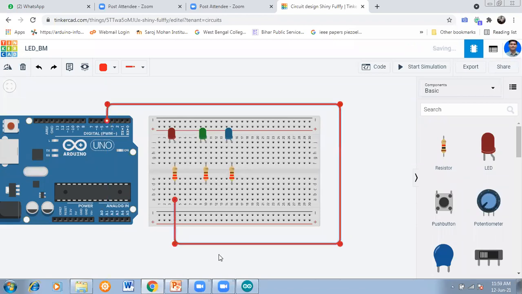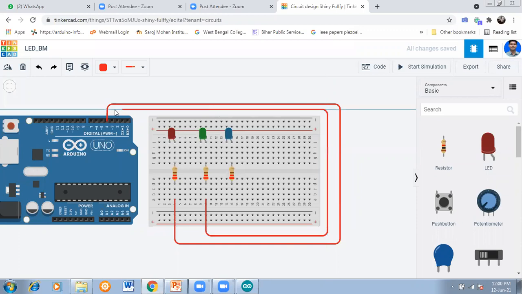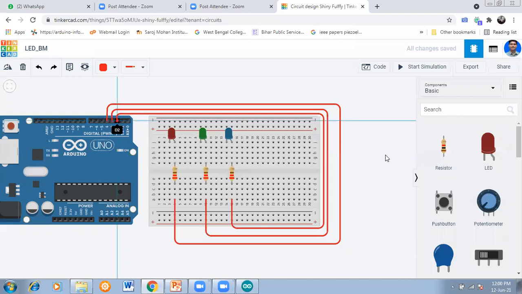Okay, and this is pin number 3. Okay, and this is pin number 2. Correct.